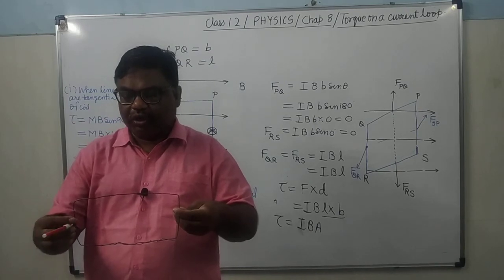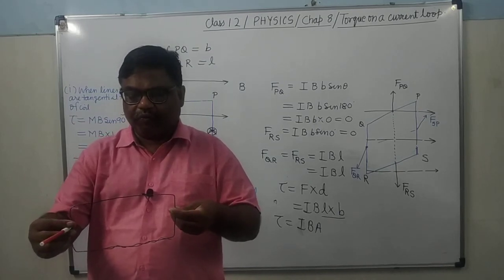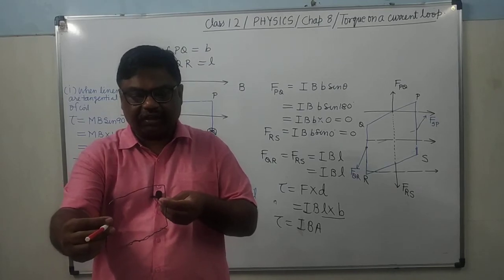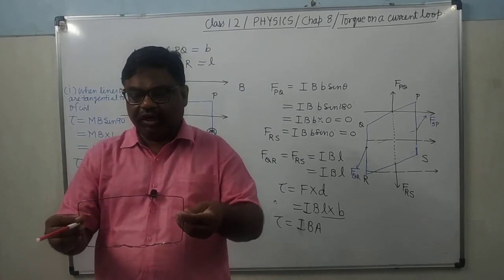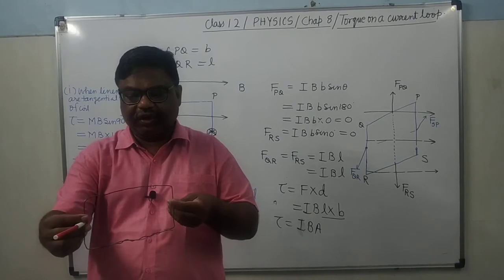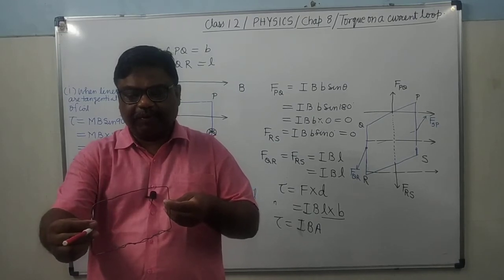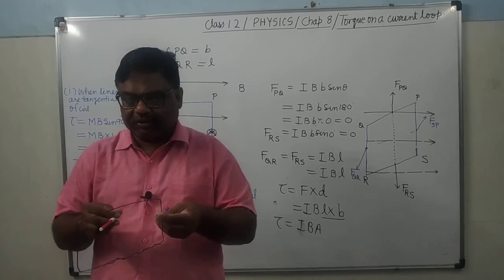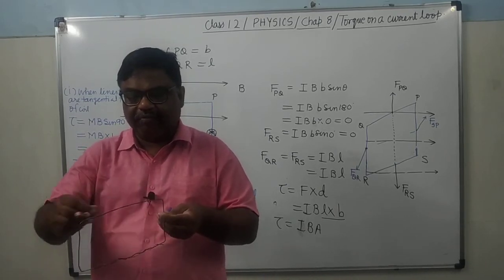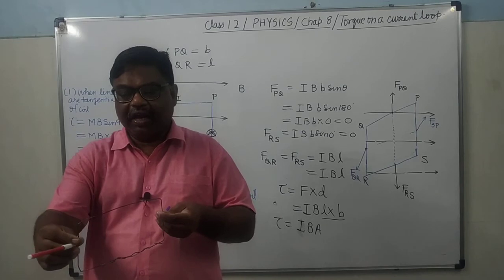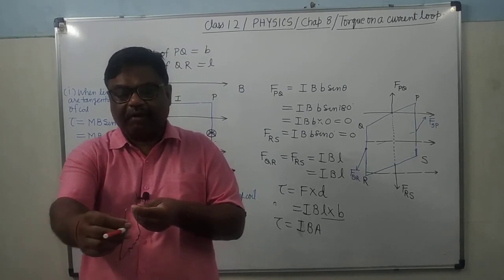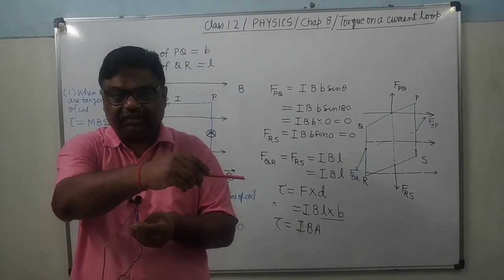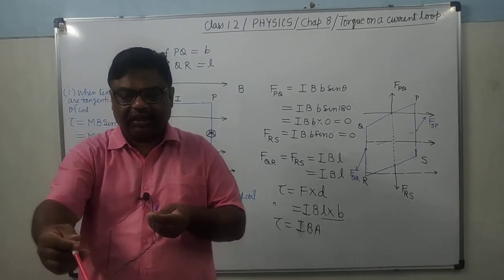But when it rotates, what will happen to the distance between the lines of action? It will reduce. It will reduce. You can see here, when it is in this way, what is the separation? Separation has decreased. Now separation has decreased. It has become less than L. And when it will become normal to the field, field lines are in this direction. It is in this direction.